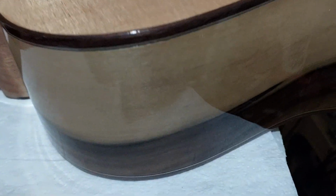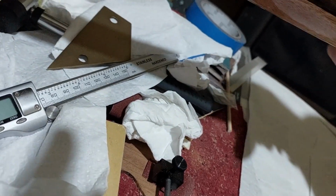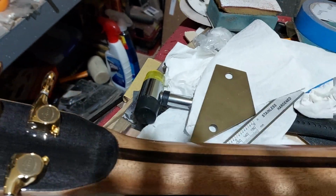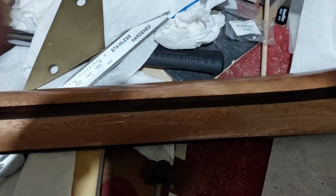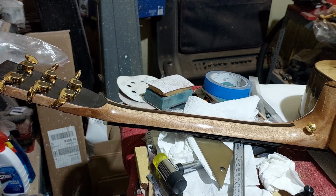Sides, Blackheart sassafras, nothing extraordinary there. And we'll go this way. We have Goto 510 tuners. This one has a walnut streak through there. Now back in episode 14, I think it was, of the spooky guitar build, at the end